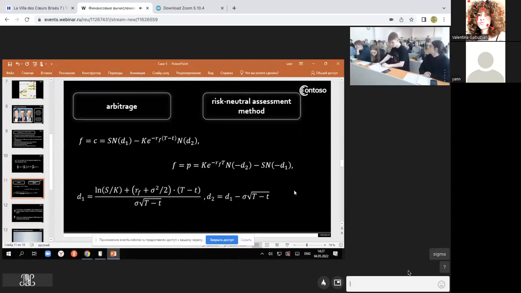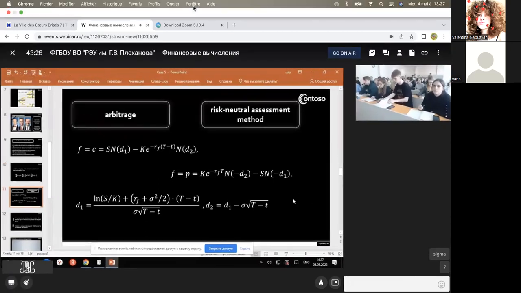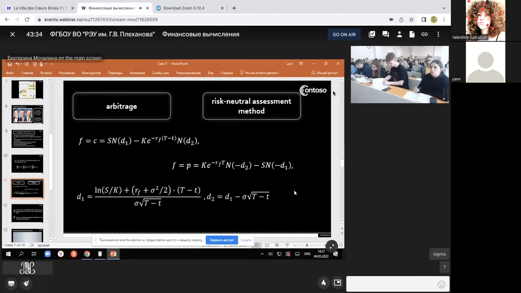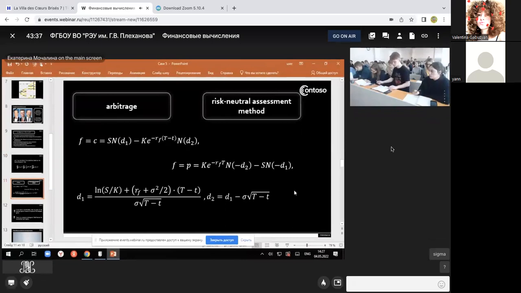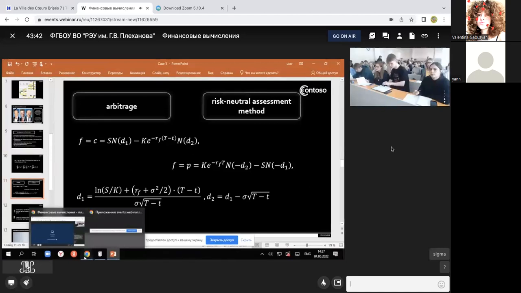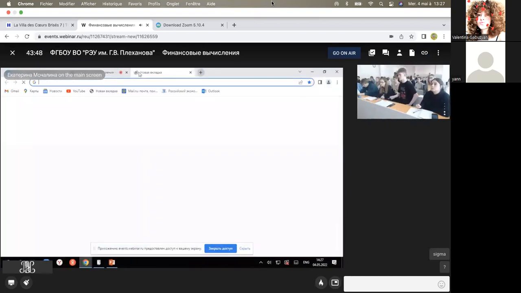How can we calculate it? We shouldn't calculate it. We will study maybe in this lecture, but I think next week, how it can be estimated. It's not possible to calculate. But in the previous lecture, I showed you how to find it. Do you remember how to find the implied volatility? We should go to the stock. Yes. IV means implied volatility. If you go to the Moscow Stock Exchange,